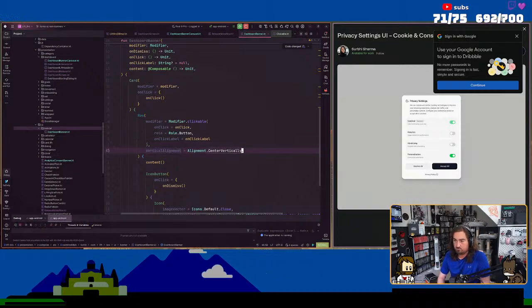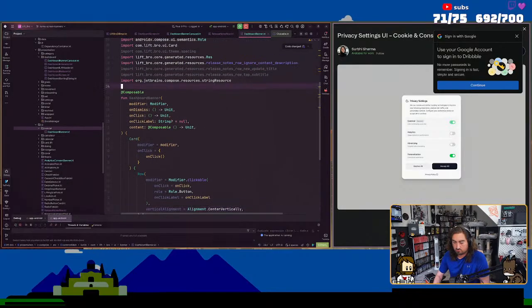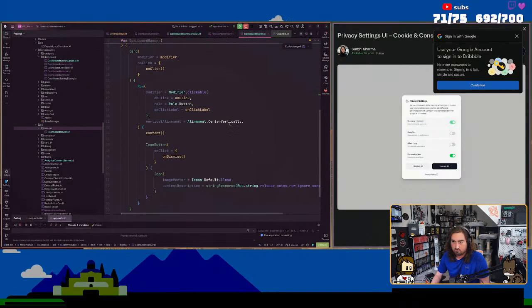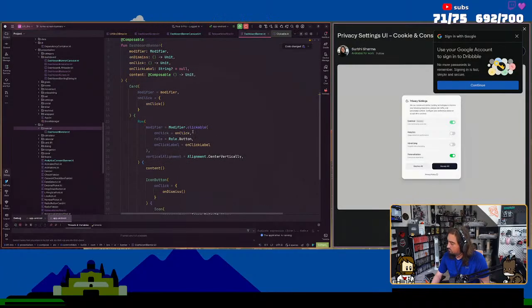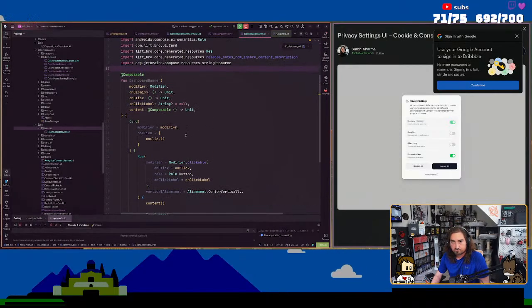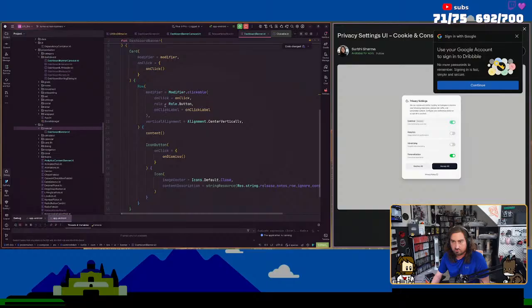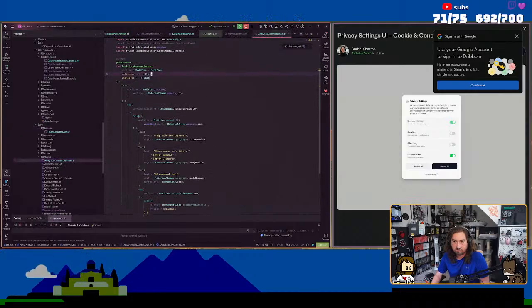Why? So we've got that. Now, what do I want to do from here? So we got our dashboard banner, we've got the rows, we've got all that. So here I can update the release notes, but I don't want to do the release notes yet. I want to do the analytics consent.